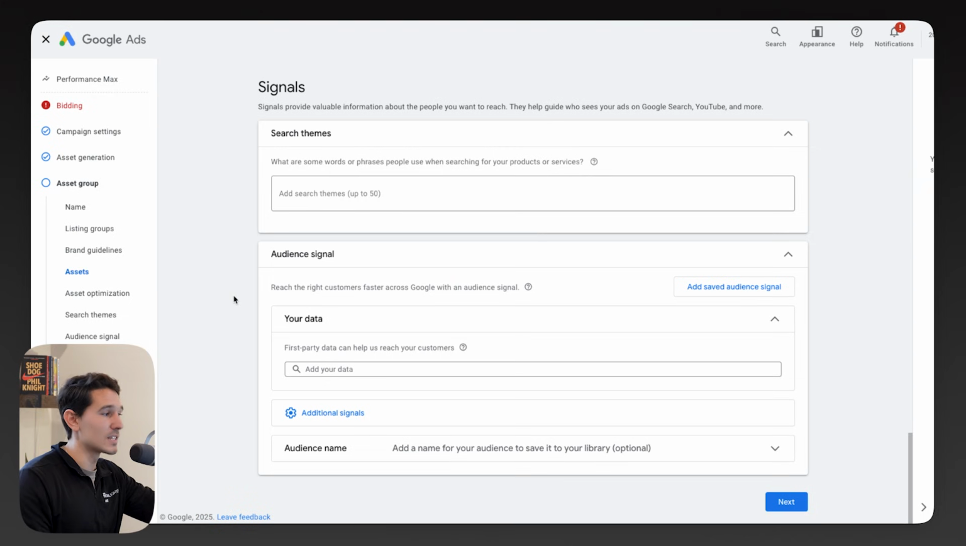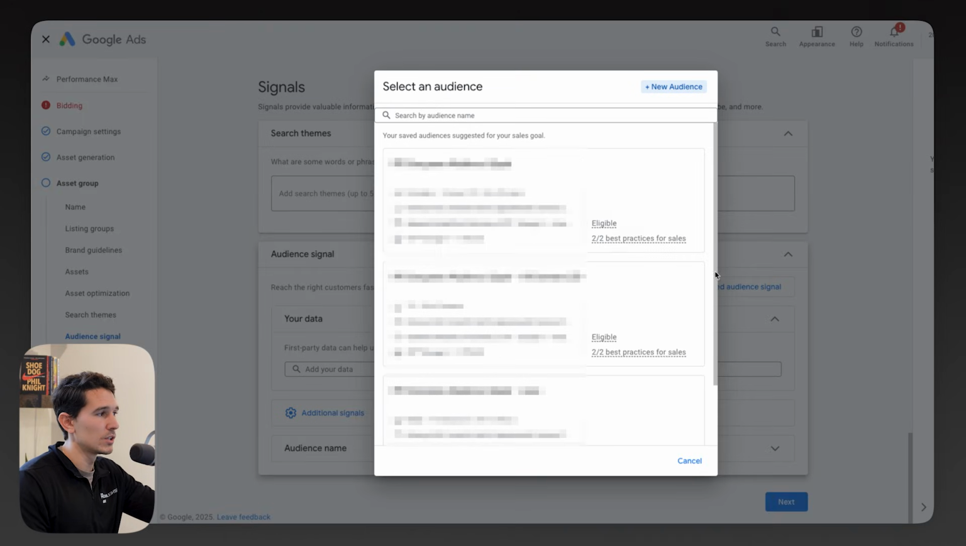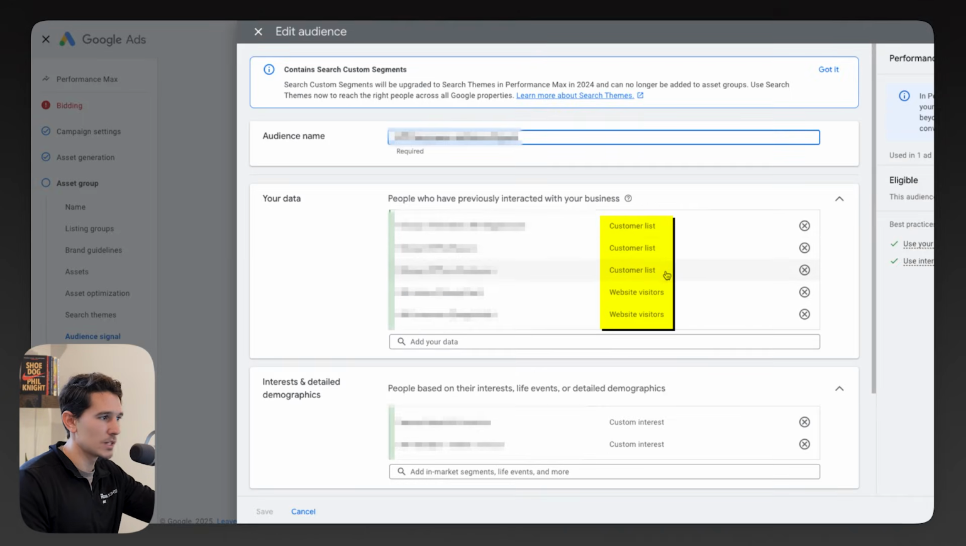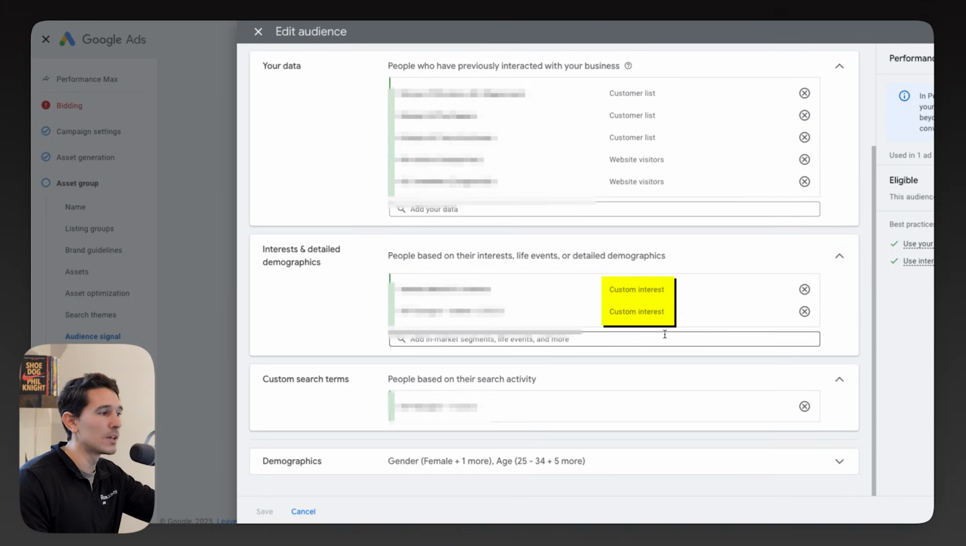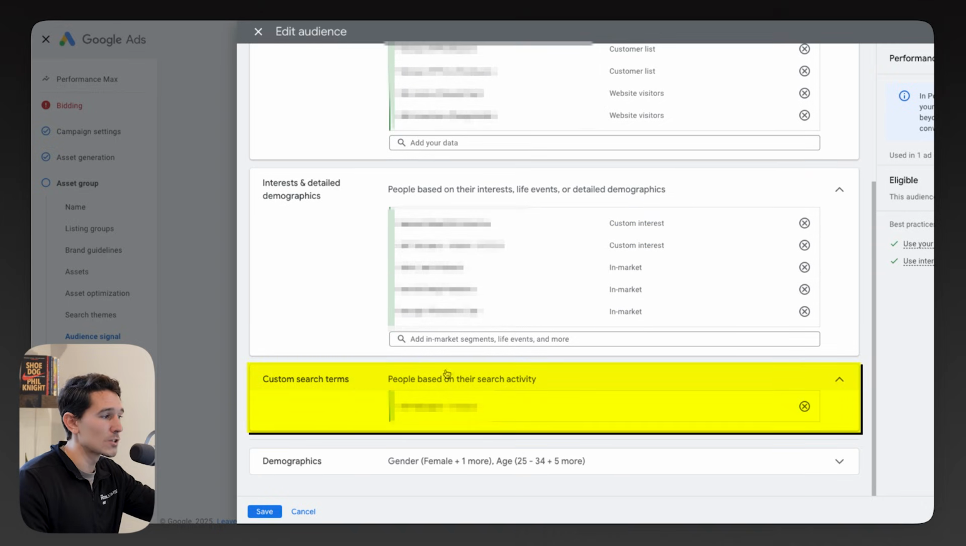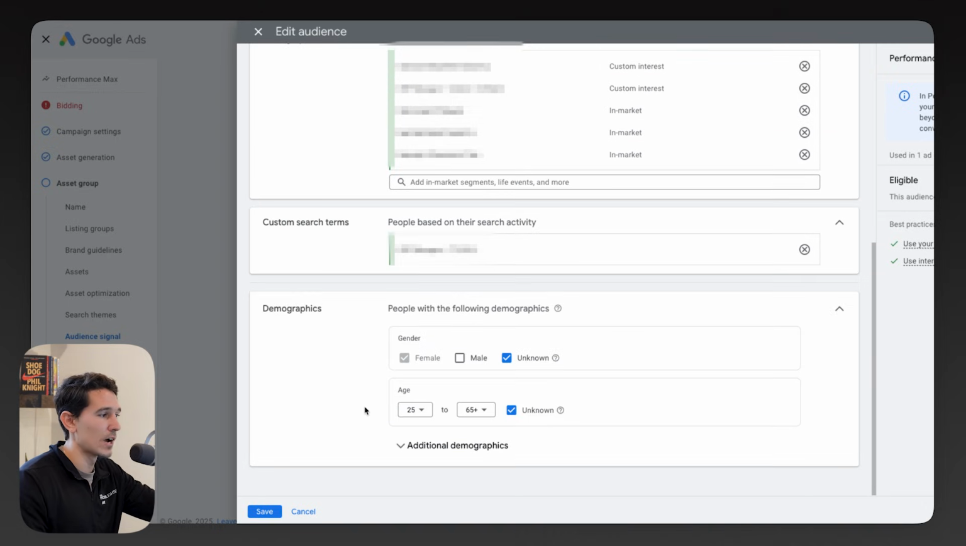For your audience signal, now I have a ton of saved audience signals here, but what you want to generally do here, you want to enter in your customer list and your website visitors up top here. You want to enter in custom interest and even market segments and life events in this section right here. And then again, you could also add custom search terms and demographics here,